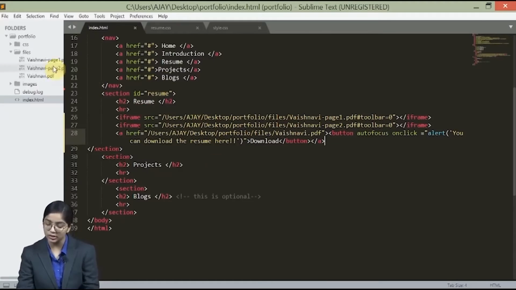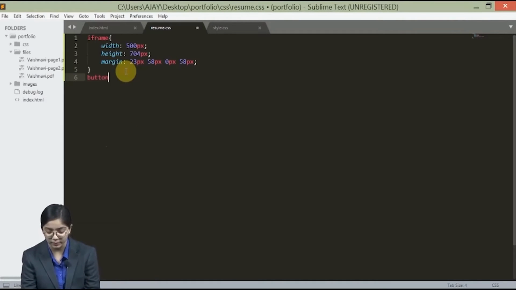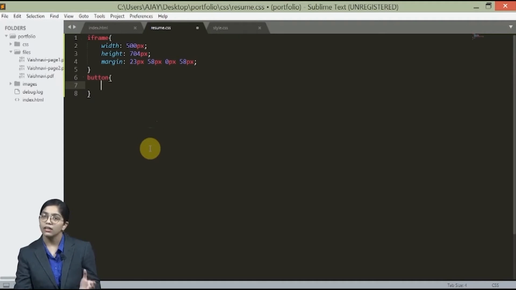Now what you can do here is, we have given the download here. Now we need to style the button. It's too plain, right? It has adapted to the default styling of the browser. So we'll style the button over here. Now you can give your button a particular class if you are going to enter so many buttons. Okay, if you want all your buttons to be similar, then you don't have to give that, because this particular element selector would help us define the styling for every button on the page.